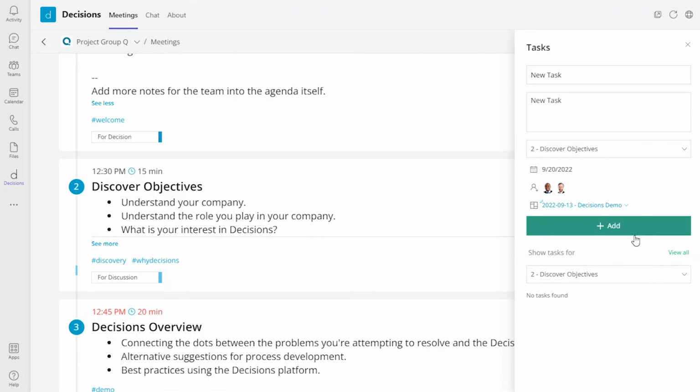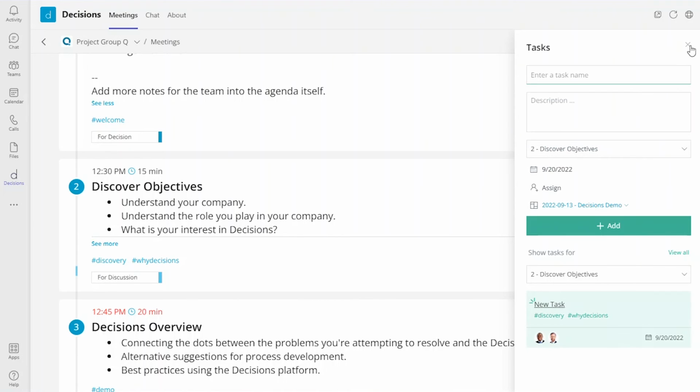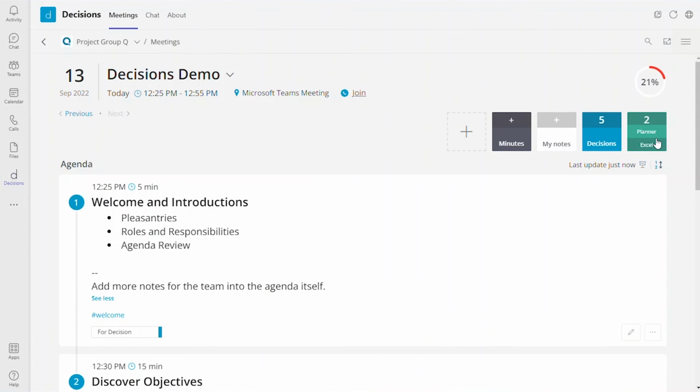In this case, I'll just drop it into our meeting bucket, click add, and what that's going to do is actually assign the task to those 2 gentlemen. You will now see we have a number of tasks that are overdue or pending in this case. You can manage those from Planner. You can also click Excel and export those as a static export into Excel. So that right there is running the meeting. You can take public and private notes. You can record decisions. You can also record tasks.